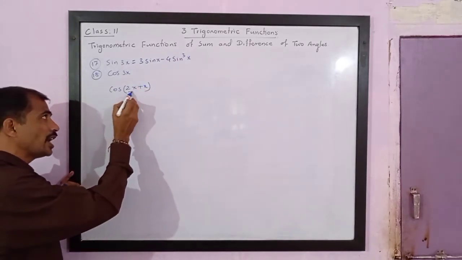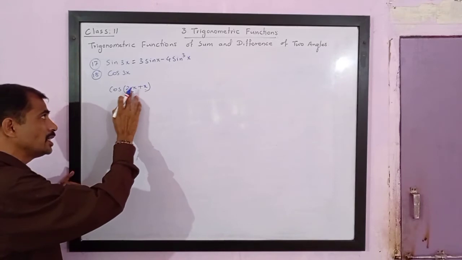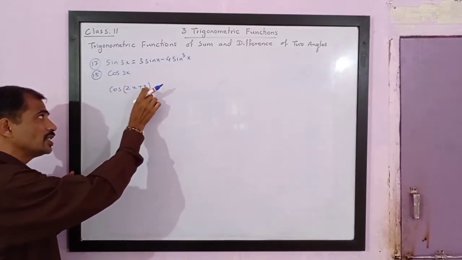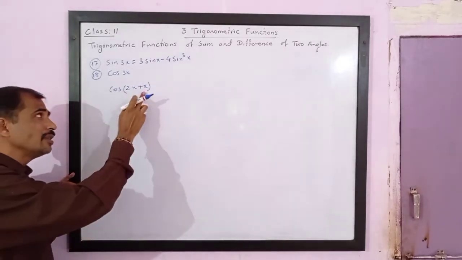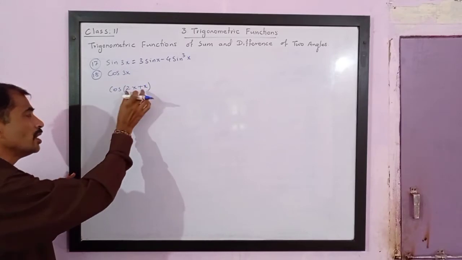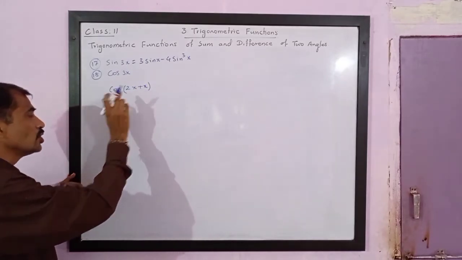Now please note, one of the angle is 2 times the other angle. It means it is not same. If one is 45, other is 90. If one is 30, this is 60. And it doesn't make exactly double of the cos value. So let us use the identity for this.